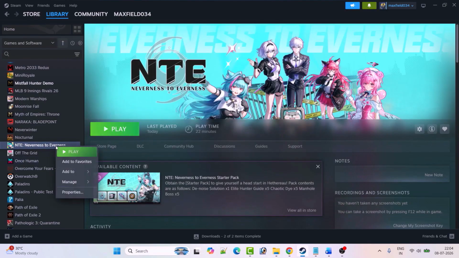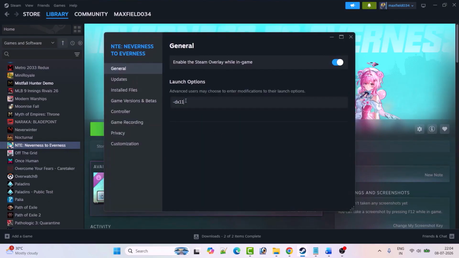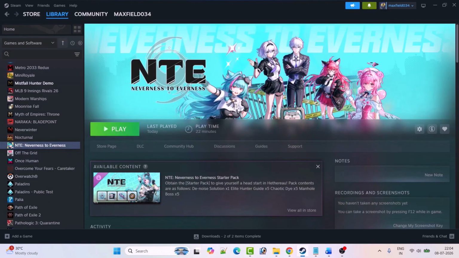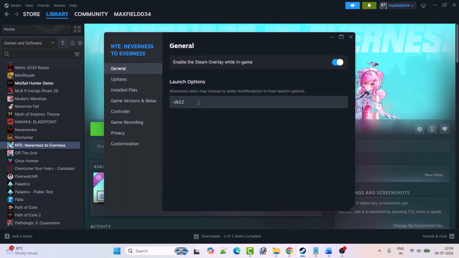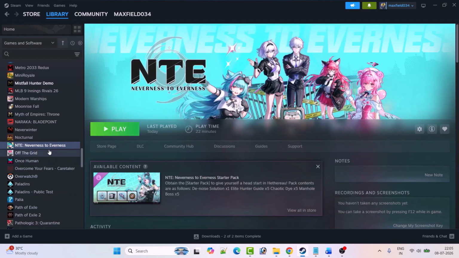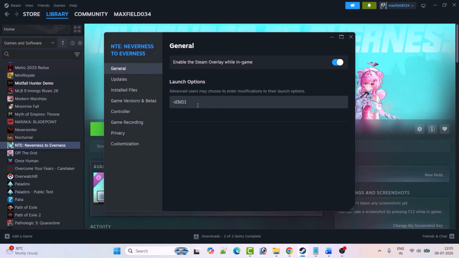If that doesn't work, then again go to the game properties. This time type -DX12, close the tab, launch the game and check. If it's still not working, again go to the game properties. This time type -D3D11, close the tab, launch the game and check. If it's still not working, again go to the game properties, remove the launch options and then follow other fixes